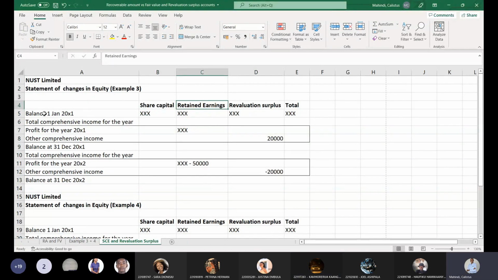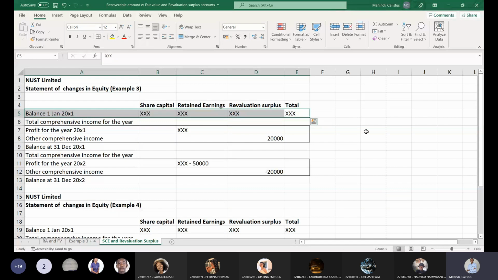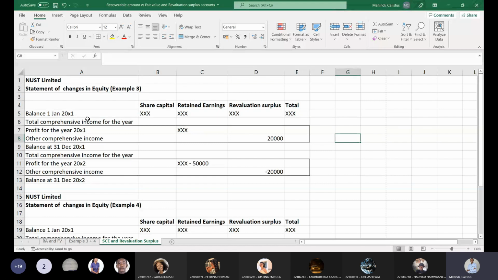So if we look at the example on 1st of January 20X1, I'll highlight that. We don't have any balances. If you have balances, you're going to put the amount XXX. The X's represent the figures that you're going to put. And then we have the total comprehensive income for the year. The total comprehensive income for the year is made up of the profit for the year and then also other comprehensive income. So for 20X1, what did we have? For 20X1, we had